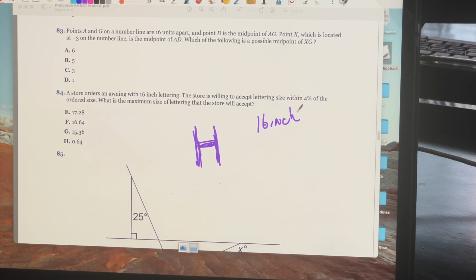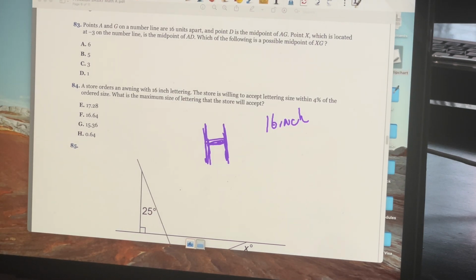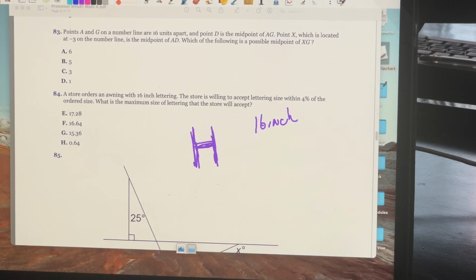But your machine sometimes makes them a little too big. So if that's the case, your customer actually told you that he's willing to accept as long as it doesn't go over 4% of what I asked you for,